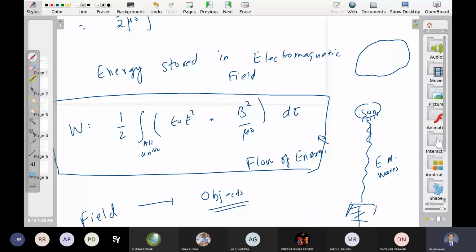Calculate how much energy is inside this volume. इससे पता कर सकते हैं आप। Now if energy is flowing out from this volume, energy inside this volume will change. यदि एनर्जी इस वॉल्यूम से बाहर जा रही है तो इसके अंदर का एनर्जी कंटेंट चेंज होगा। So we calculate how much change inside this volume and from that change we can calculate कि इस सरफेस से कितना एनर्जी बाहर चला गया है। So we will use a technique like this to calculate flow of energy from this formula. इस फॉर्मूले से पता कर सकते हैं कि इलेक्ट्रोमैग्नेटिक वेव कितना एनर्जी ट्रांसपोर्ट कर रही है अपने साथ।